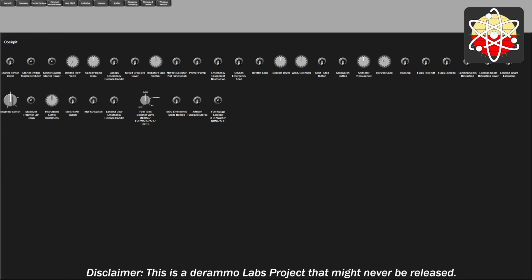I am attempting to release this. It has a disclaimer on it, so it might change, or I might run out of time. But I'm currently trying to make this an actual Helios release, because I think that would really help the community. At this point, those pre-generated interface files would come from me. I would just run the DCS Harmony tool and make all these interface files. And so all we need from the community really is somebody to make art and to report switches that don't quite work,